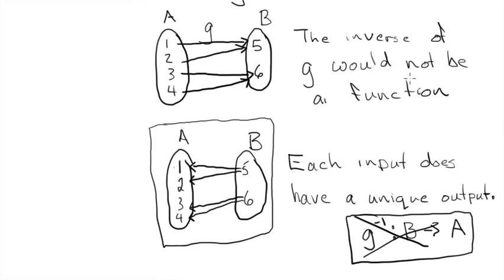You can still talk about inverses of non-one-to-one functions, but they're not functions. And generally in this course, it's called advanced functions, so we're not going to talk too much about inverses that aren't functions, but you should still be aware that they exist, and you should be aware when they'll occur and which